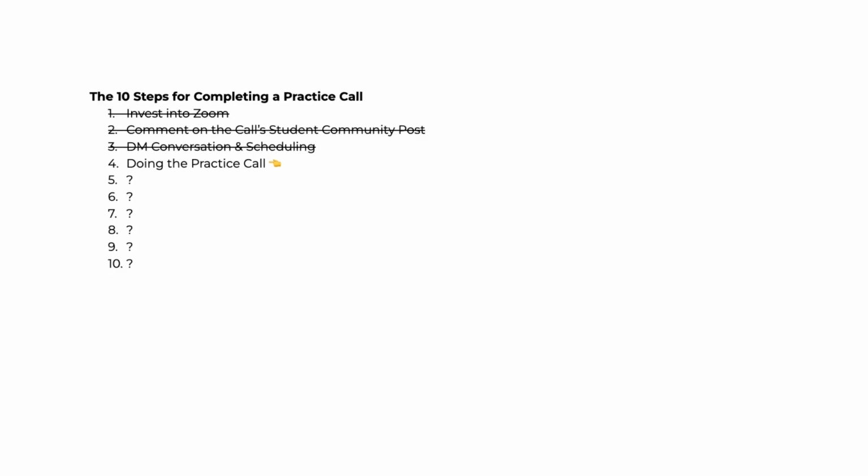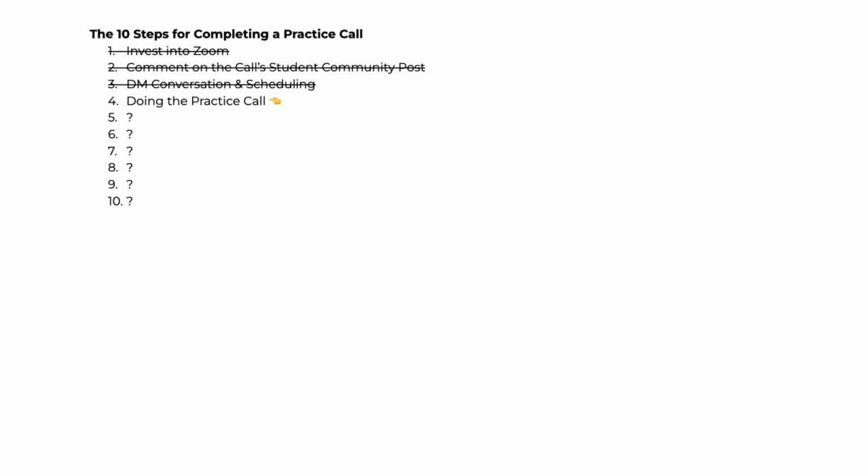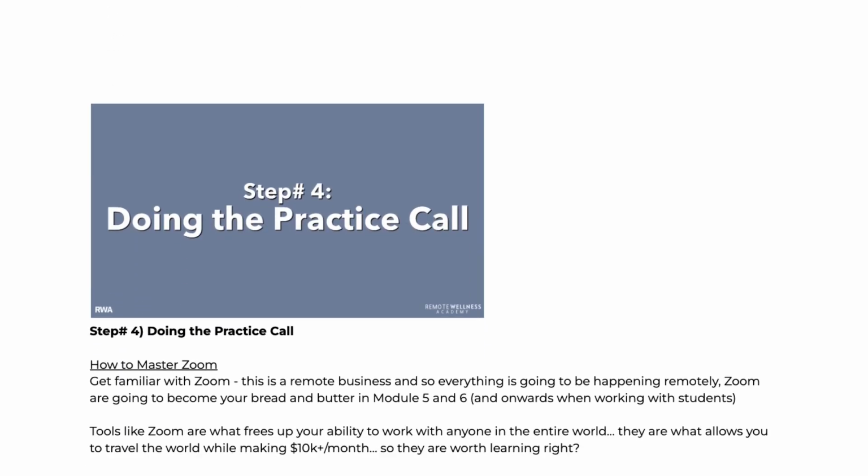Again, only specific to certain calls in which you are going to actually be meeting with a new partner. For the rest of them, you already have access to the partner that you've been partnering with for the other calls, and so you'll be able to message them. Okay, so that's step 3. Number 4 now is going to be about doing the practice call. Let's go ahead and talk about that right now, doing the practice call.